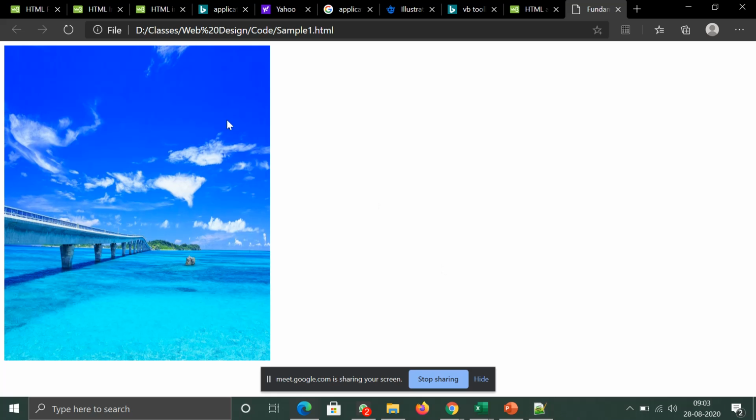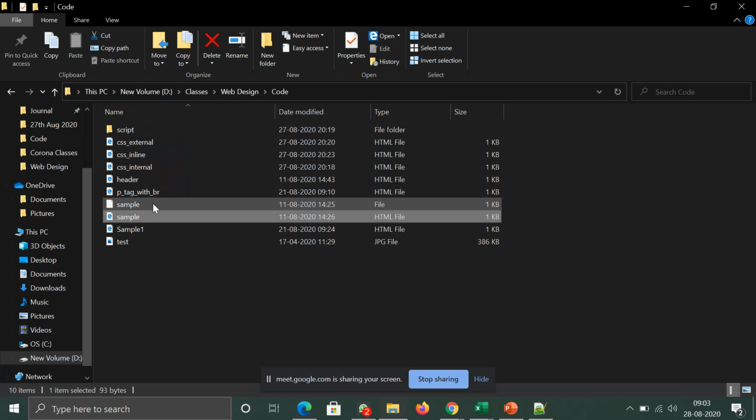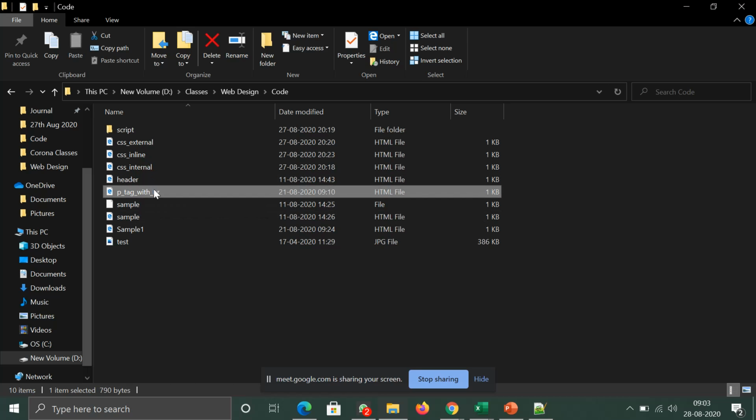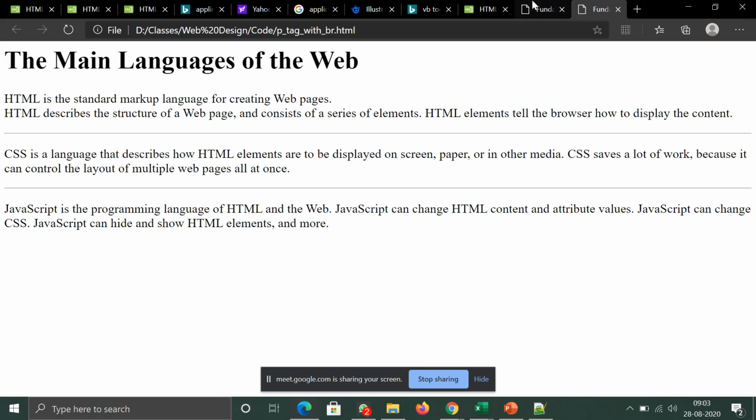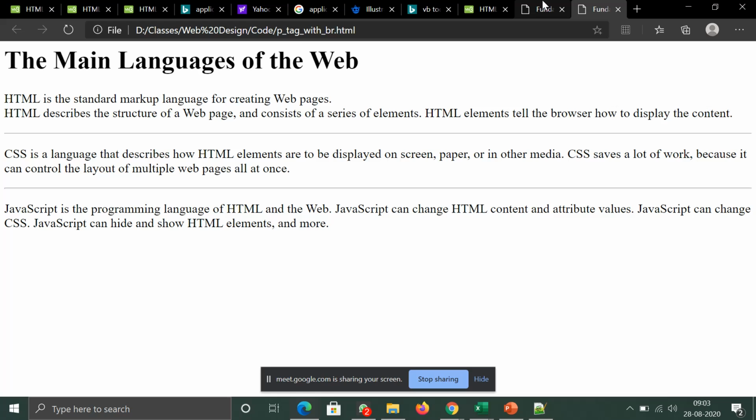Now suppose I want to travel from this page to another page. Suppose you want to come from this page to this particular page, without coming from outside. So you need to link this page as well as this page.